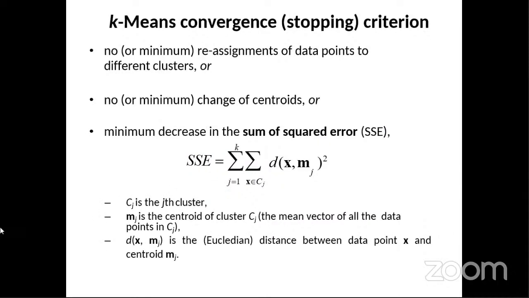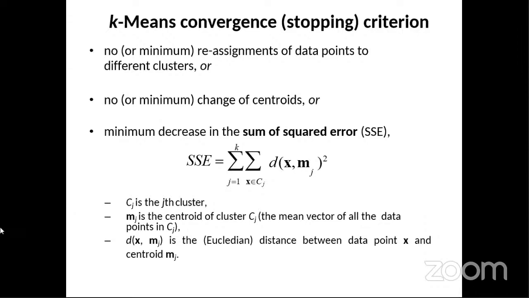What is the convergence criteria? If we say we have to converge, we have to stop somewhere. So we identify the stopping criteria, or the convergence criteria, when we are able to identify that there is no reassignment of data points to different clusters. If we know that the number of nodes to be put into a given cluster has reduced drastically, then we can stop. We can say that we have identified a cluster with the optimal number of nodes to be put into that cluster,